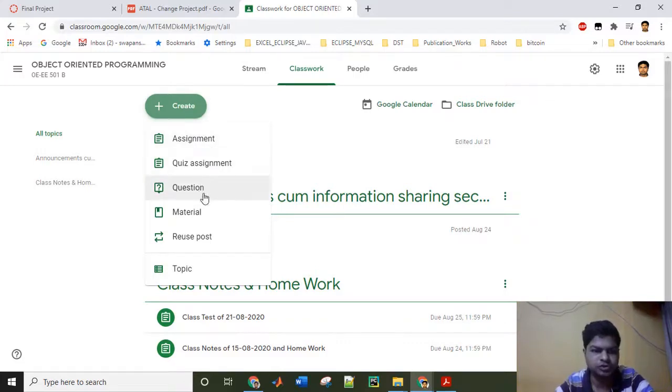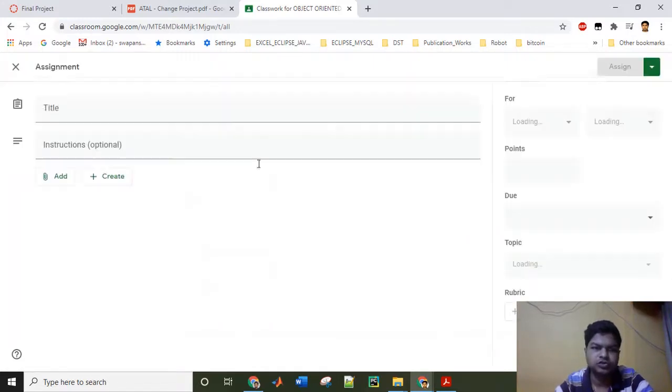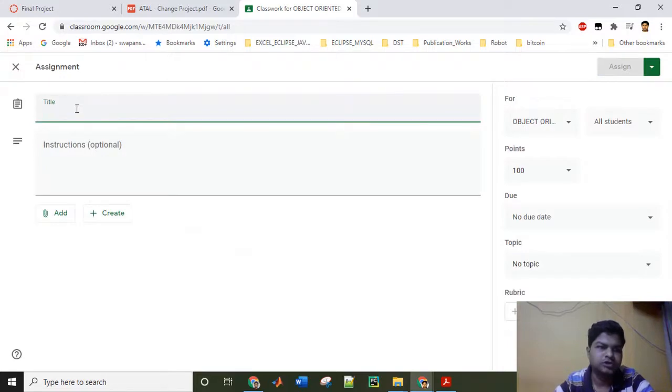and then you can create assignments, quiz assignments, and questions, and also you can post some materials. Suppose you want to post some assignments or materials. Let it be an assignment.